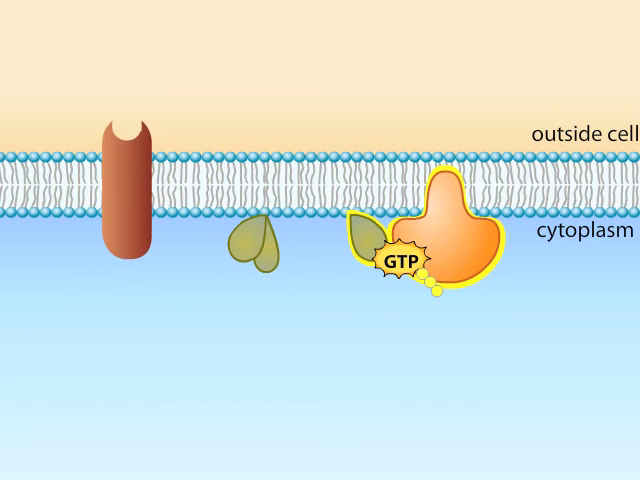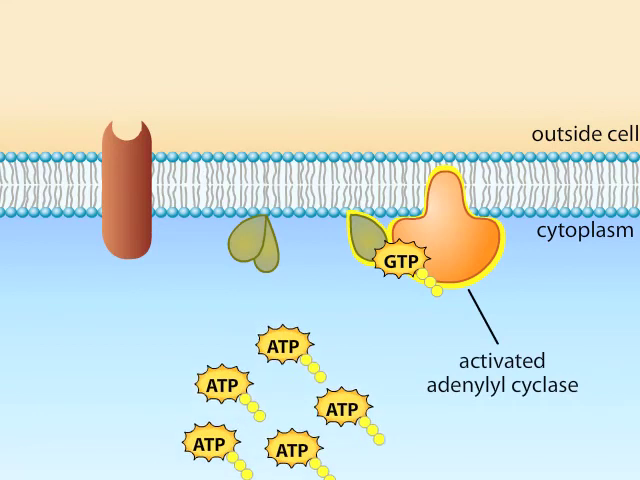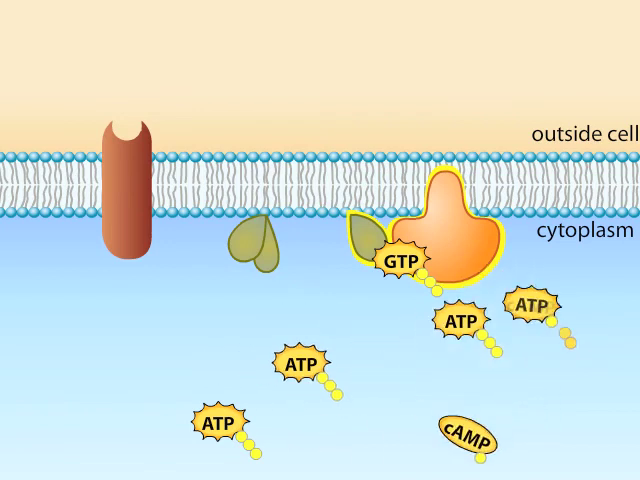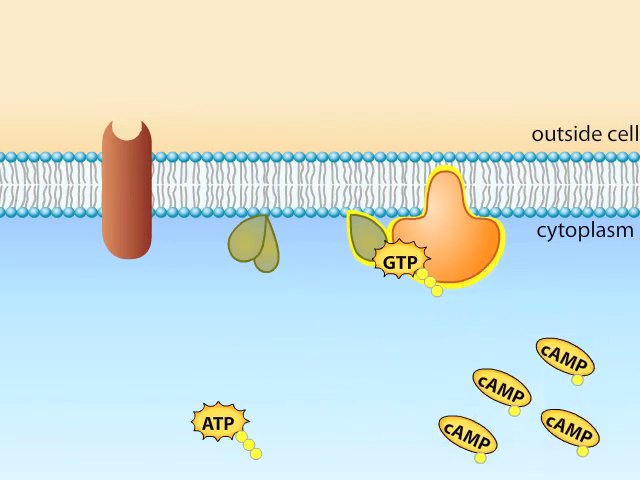The G protein activates an enzyme called adenylyl cyclase. When activated, adenylyl cyclase converts a large number of ATP molecules into signaling molecules called cyclic AMP. Because cyclic AMP carries the message of the first messenger, epinephrine, into the cell, it is referred to as a